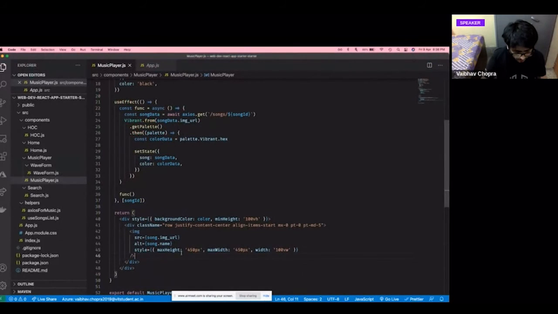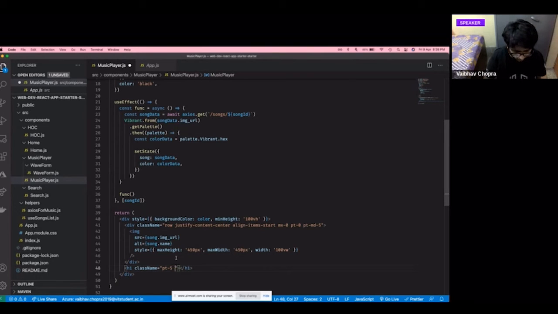Next up, after this, we just have to write 3 more lines of code. So you can take a rest after that. Right after this closing, right before this closing div tag, you have to obviously put the song title. Okay. And we can close this.